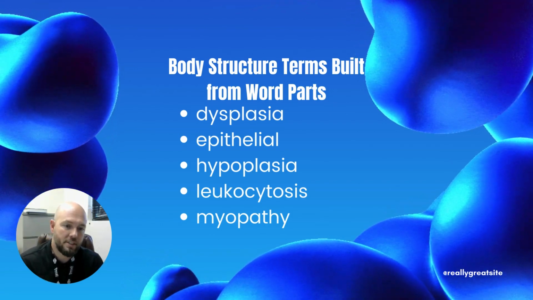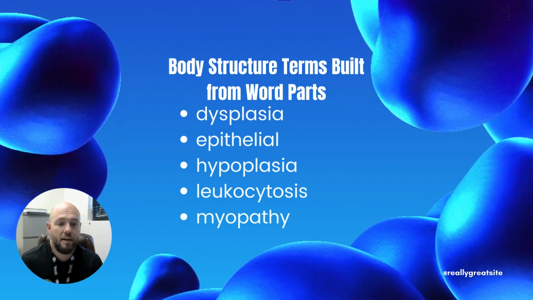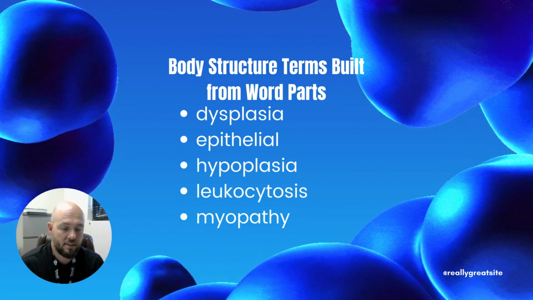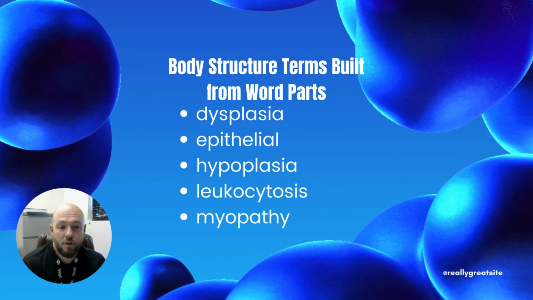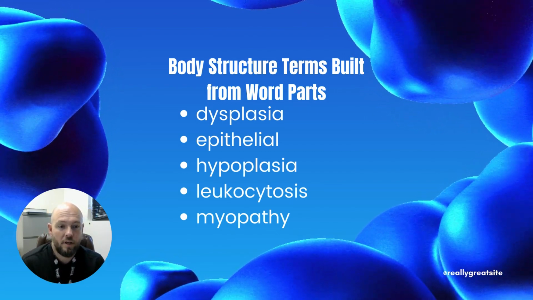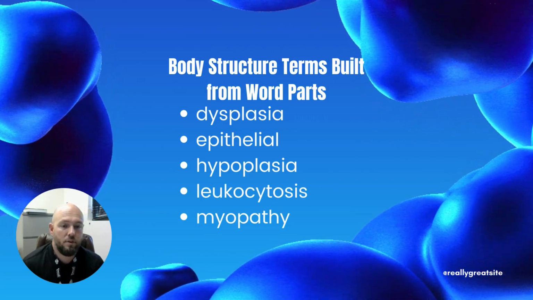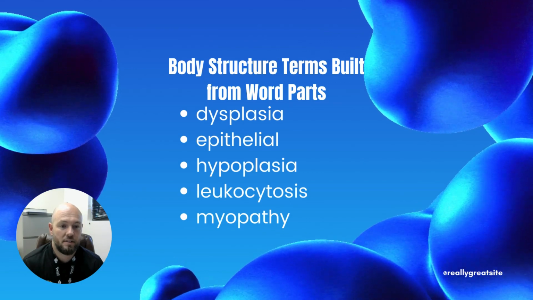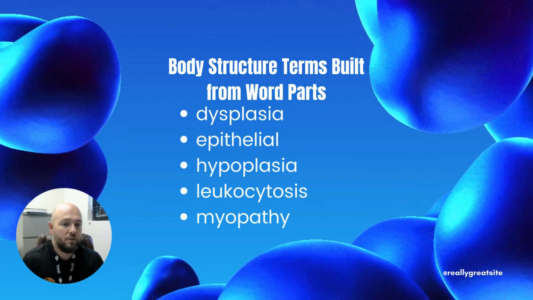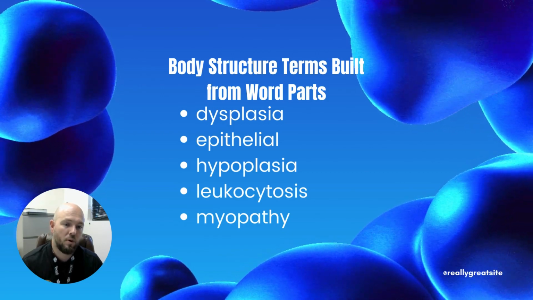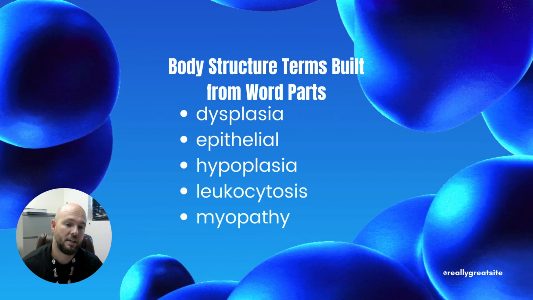We'll start at the top. Dysplasia. Dysplasia is a term made up of a prefix and a suffix. Dys is a prefix, meaning difficult, abnormal, painful, and then plasia is a suffix, meaning growth. They've used this prefix and suffix to make the term difficult or abnormal growth. It might be confusing if you're looking for the word part, but the word root is actually embedded in the suffix plasia, means growth.